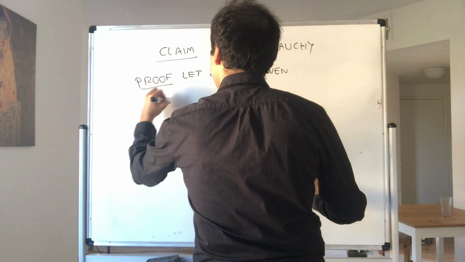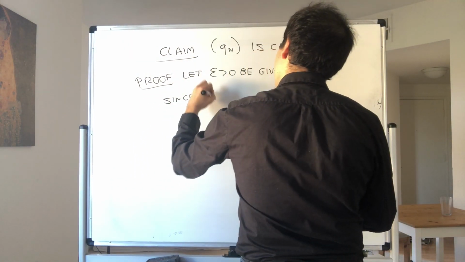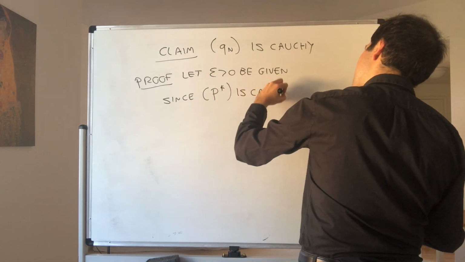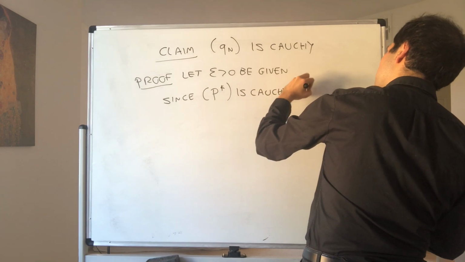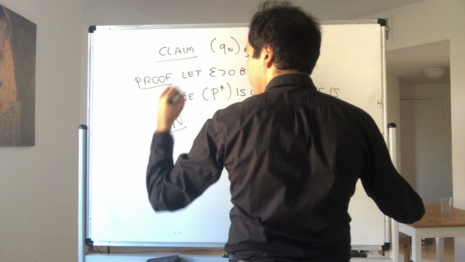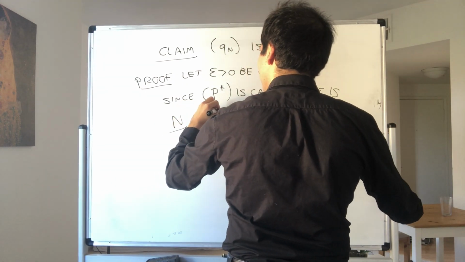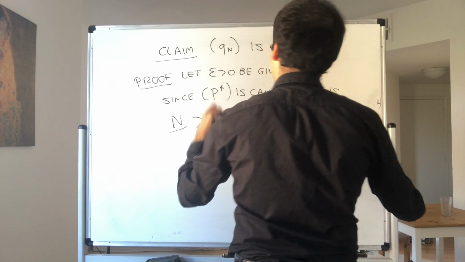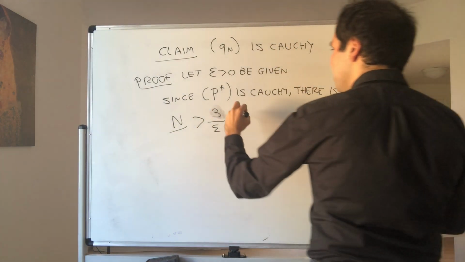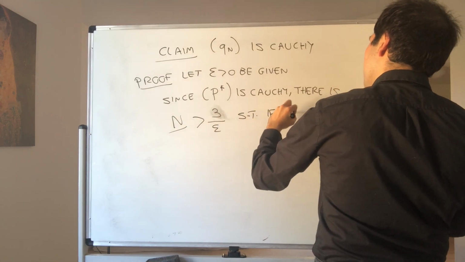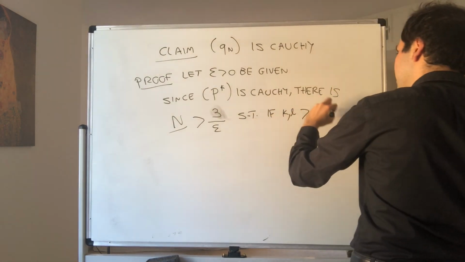Then since P_k is Cauchy, there is a capital N, large enough, so without loss of generality assume it's greater than 3 over epsilon. So we'll do an epsilon over 3 argument, such that if k and l are bigger than capital N, then